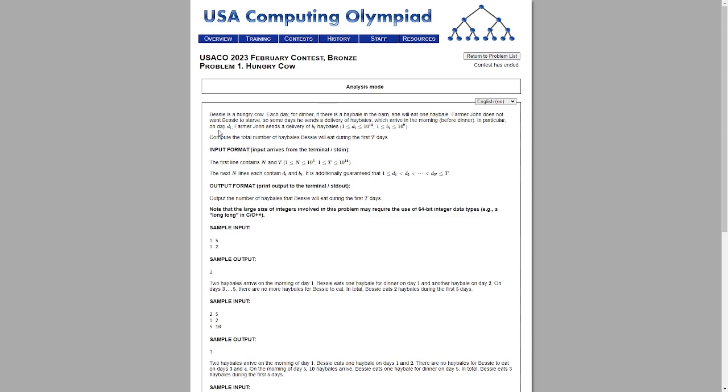First off, we'll read the problem. Bessie is a hungry cow. Each day, for dinner, if there's a hay bale in the barn, she will eat one hay bale. Farmer John does not want Bessie to starve, so some days he sends a delivery of hay bales, which arrive in the morning, before dinner. So that's one key thing. It's before dinner, so if Farmer John sends hay bales one day, then Bessie can eat that hay bale the